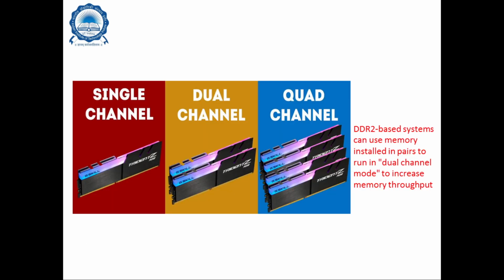So this is an example or diagram that I was referring to. So dual channel, as you can see, the single channel has 1 slot or single memory module, and dual channel has 2 memories, so they work in pairs basically. So that's why they're installed in pairs to run in dual channel mode. So you see that in dual channel we have 2 channels because of 2 memory cards that are installed, and quad channel has 4 memory cards that are installed. Okay, so that's why it's known as quad channel, because the number of channels or the number of interfaces working with the processor is 4 in this case.